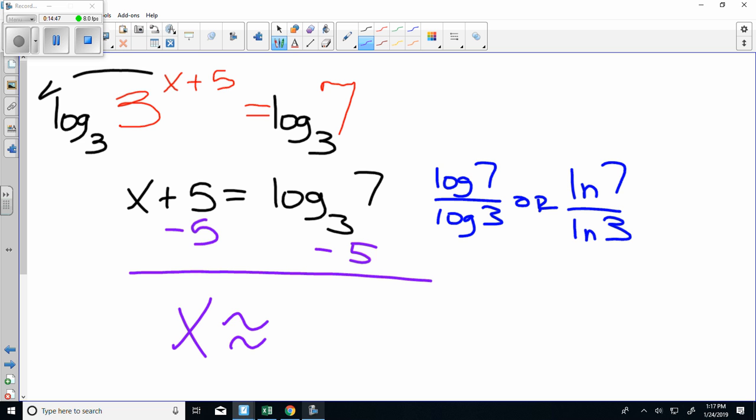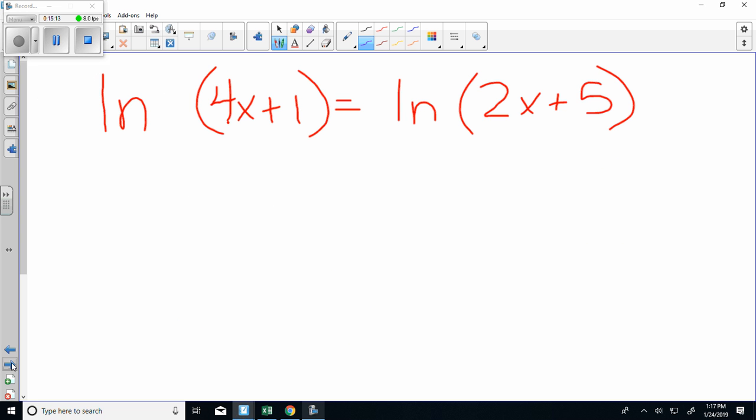And ln 7 divided by ln 3 is 1.7712434749. And then if you subtract 5, x is going to be approximately negative 3.229, because it's 3.228756. So rounded to 3 places past the decimal would be negative 3.229. Now then,